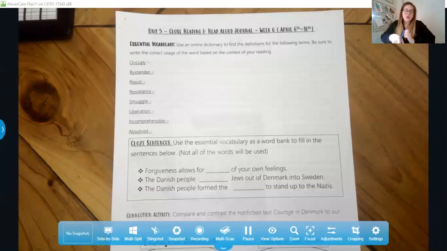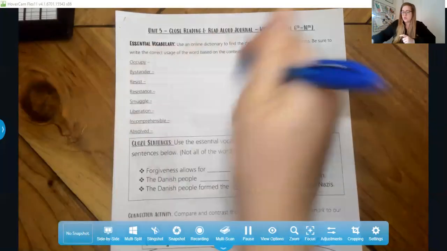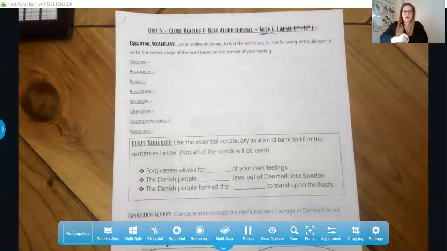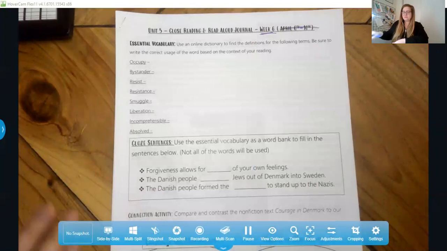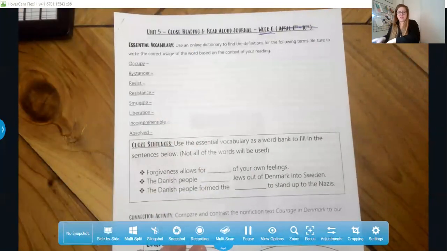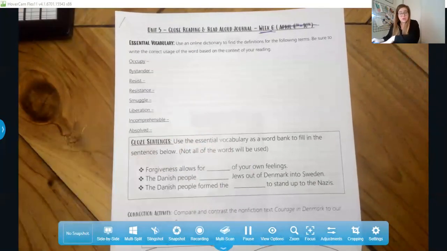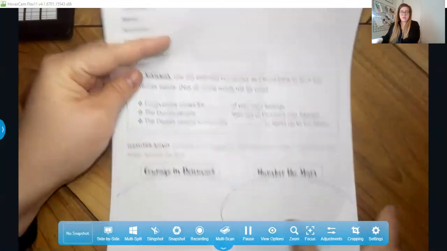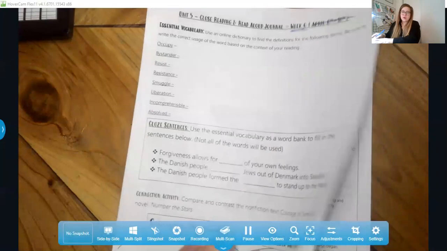But we are going to be working today on a close reading text in our week 6 packet. Again, these dates are wrong, so you can cross those out. But it's going to be that week 6 packet, unit 5, week 6. Okay? So we're going to jump right in today. Go ahead and flip past this vocabulary page. Make sure you guys are doing these vocabulary pages and filling out the Venn diagrams at the bottom. You should be going over those in small group or just at home.